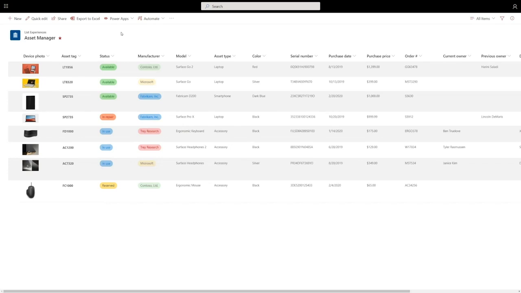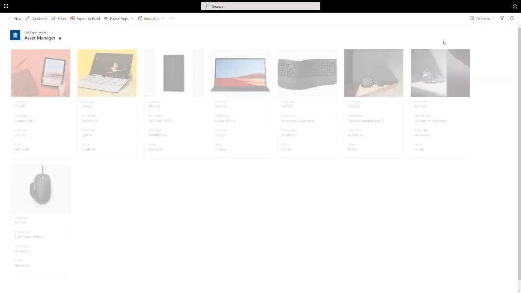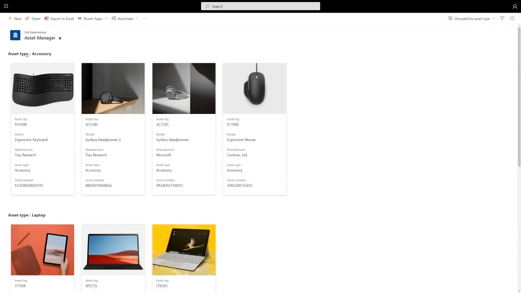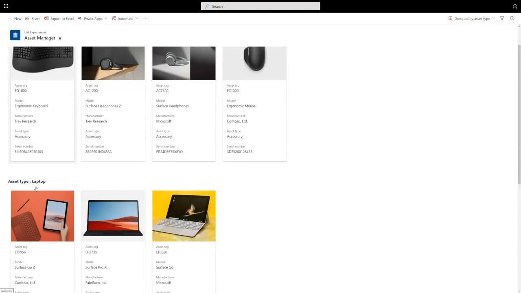But we have a different visualization that's really well suited for lists like this, where the visual element is really the focal point. We have a new gallery view. You can see here that this is really shining a spotlight on the picture of the device and makes it a little bit easier for me to visually scan my list and find a particular device. These are sort of views that carry with it all the powerful sorting, grouping, and filtering capability of SharePoint, so I can switch to another view that's grouped by asset type,